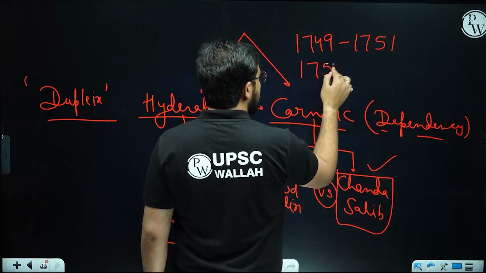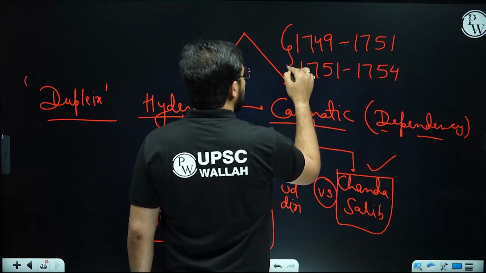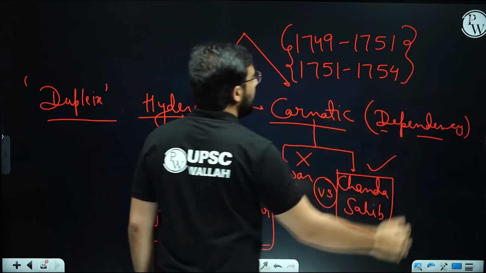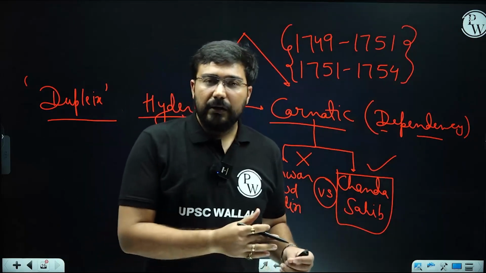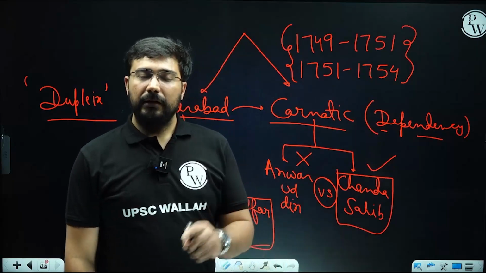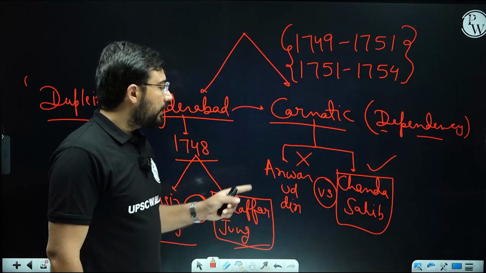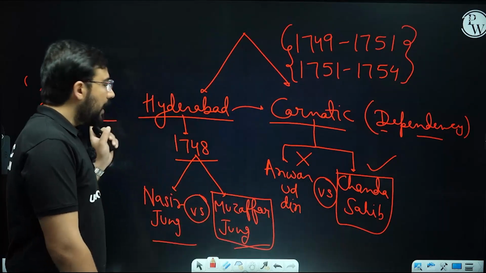The first phase in which the French are going to be victorious, the second phase in which the English are going to become active and will take the battle to a draw, where one area will remain under the control of the French, the other under the influence of the English. So please try to remember, in the first phase of struggle, Chanda Sahib, Muzaffar Jang and Dupleix, they came